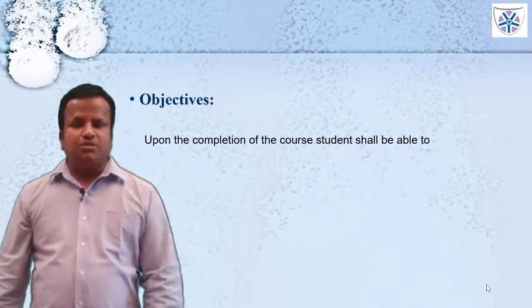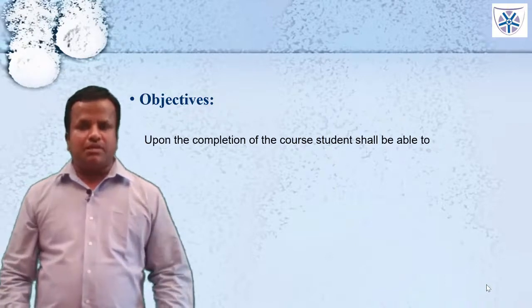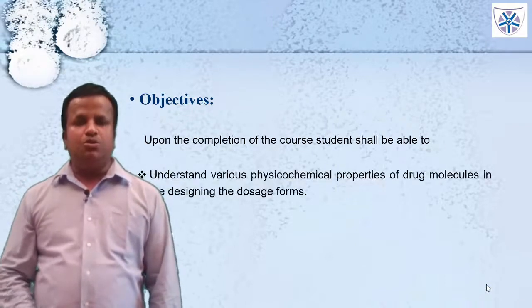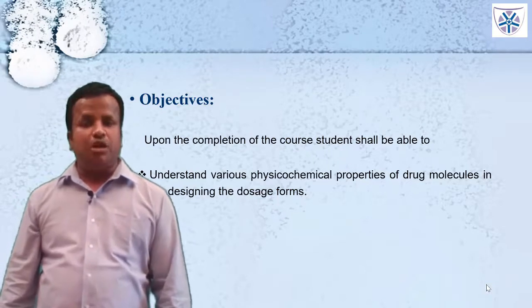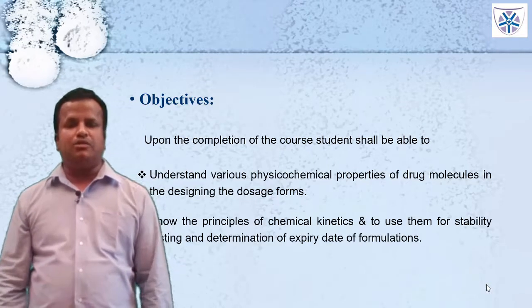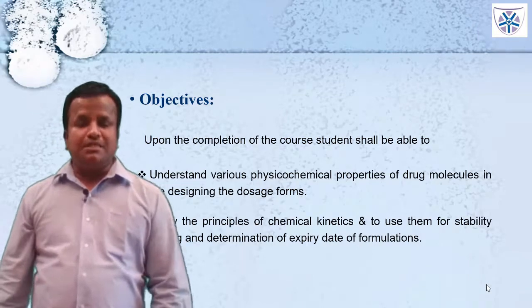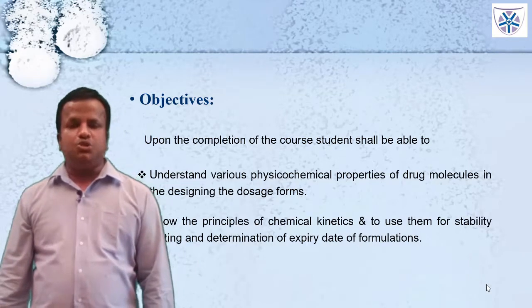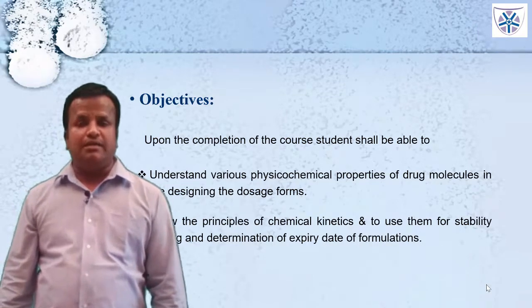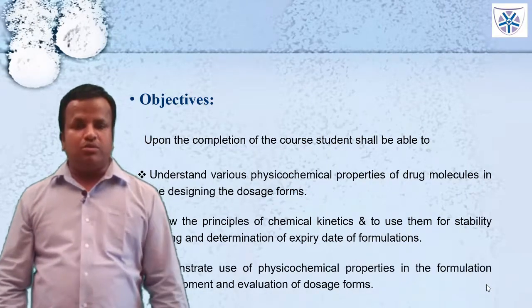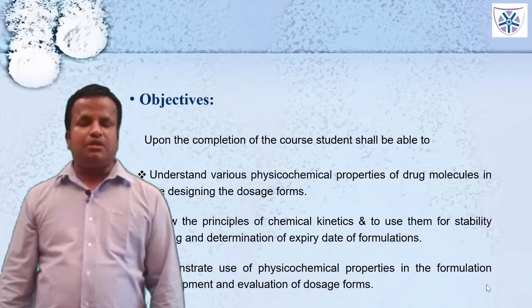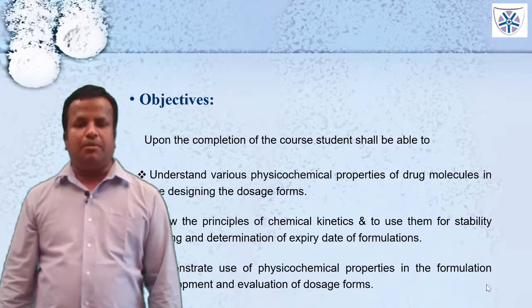What are the objectives of the subject? Upon completion of the subject, you are able to understand various physicochemical properties of drug molecules in designing the dosage forms, know the principles of chemical kinetics and use them for stability testing and determination of the expiry date of formulation. And the last one is to demonstrate the use of physicochemical properties in the formulation development and